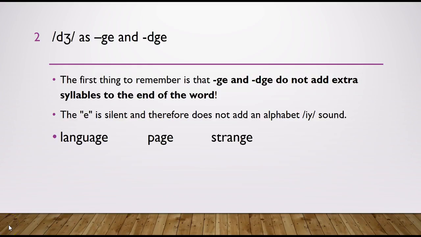So the first thing you need to remember is that GE and DGE do not add extra syllables to the end of the word. The E is silent and therefore does not add an alphabet E sound. For example, in the word language, the E is silent. We have a j, language. The word page, the E is silent. We hear a j, page. And in the word strange,